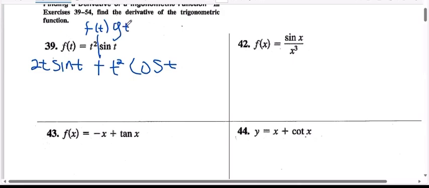Here, my f of t is t squared, and my g of t is sine t. If I have this product and I want to do d/dt,